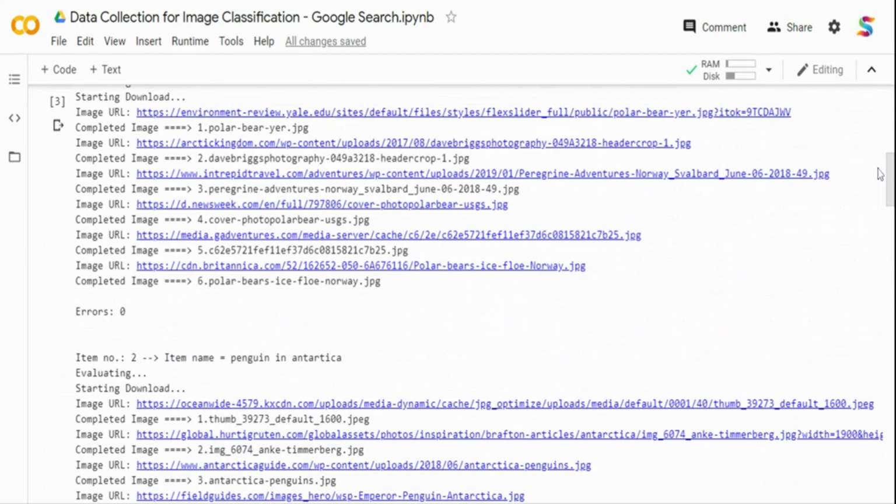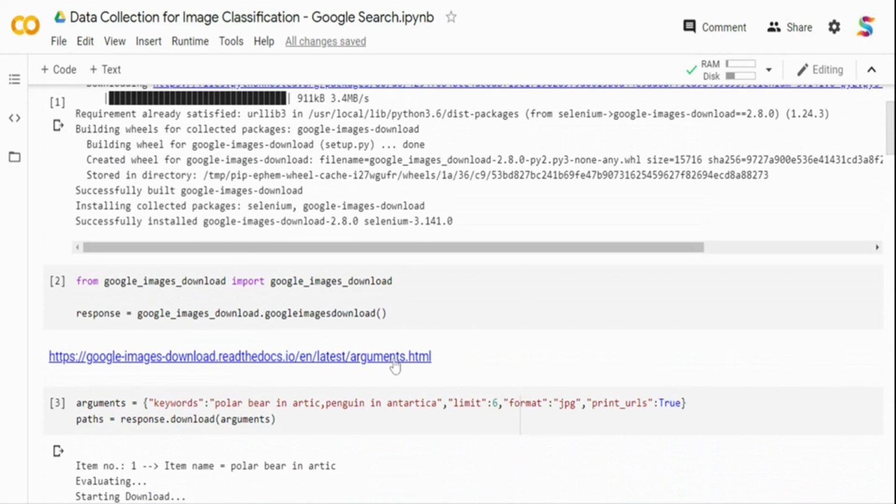As I said, just try to visit this website and see the arguments. There are a lot of arguments. You can give arguments for usage rights, if the image can be freely distributed or freely used. You can even set the aspect ratio of the image. You can give other formats. There is a lot of information on this website. You can go and check it out. But this is just a quick 4 or 5 lines that will allow you to download from Google Image Search.